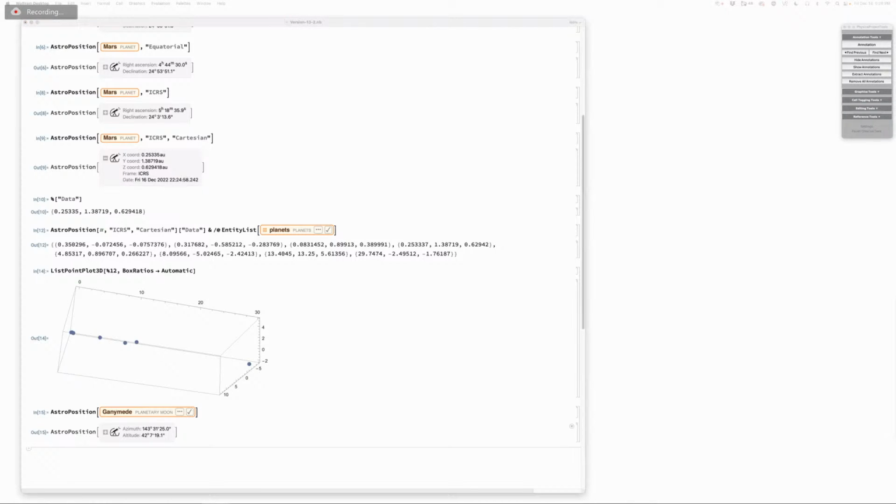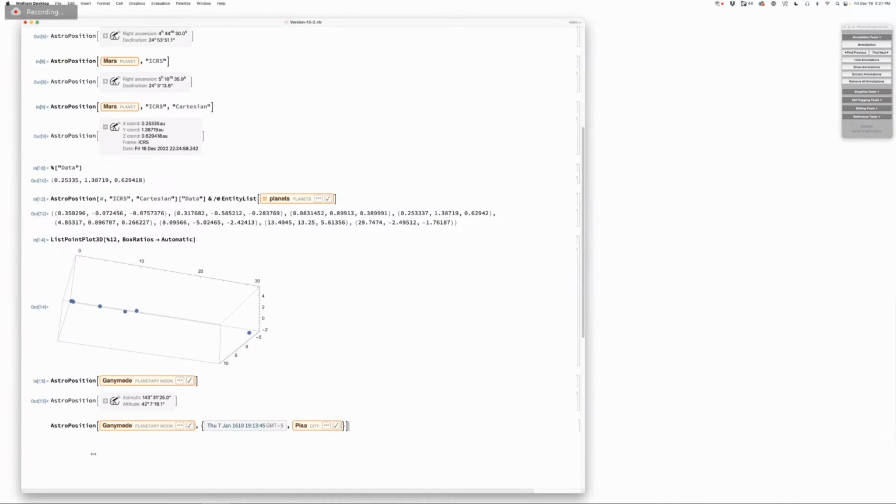A fun thing to do is to say, where was Ganymede at a particular position, a particular time? So this is asking, Galileo turns his telescope to the sky. He said in the first hour of the night on January 7th, 1610, and he was in Pisa. I think maybe he was in Padua actually at that time. But anyway, I think we have this wrong actually here. In any case,